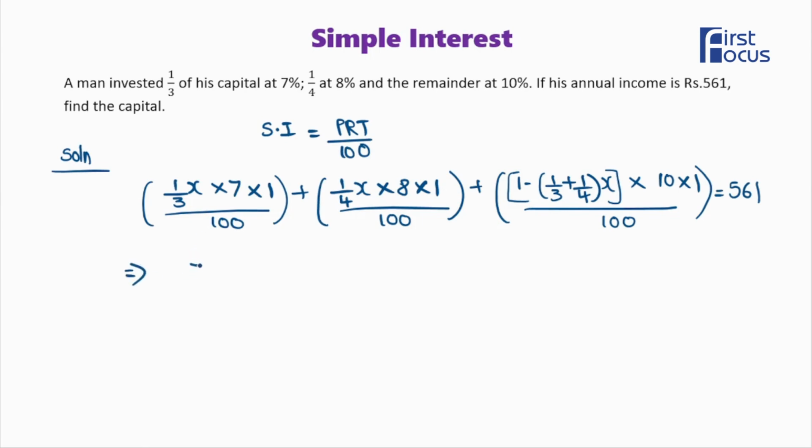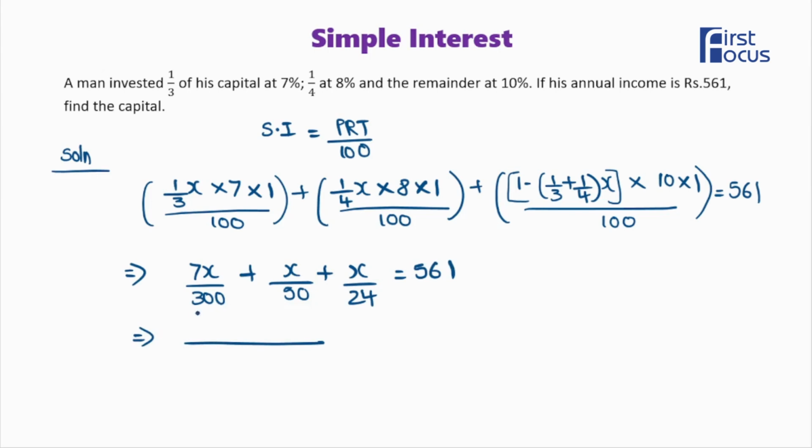So we get 7x by 300 plus x by 50 plus x by 24, and is equal to 561. On taking LCM, we have to look for the greatest number. 300. Is 3 common in all the denominators? No. Then what is the next? 300 plus 300, that is 600. Is 600 common? Yes, 600 is common. 50 times 12 is 600. 24 times 25 is 600. So this will become